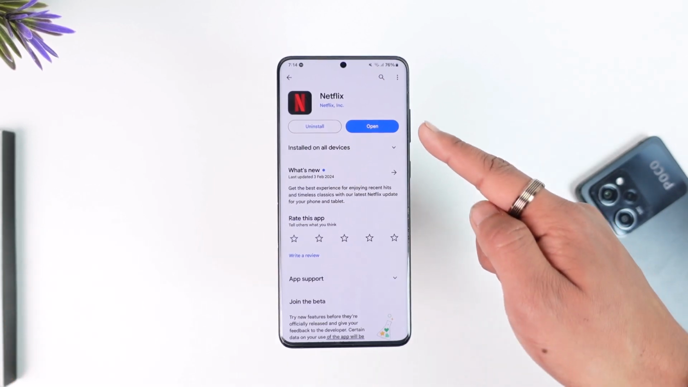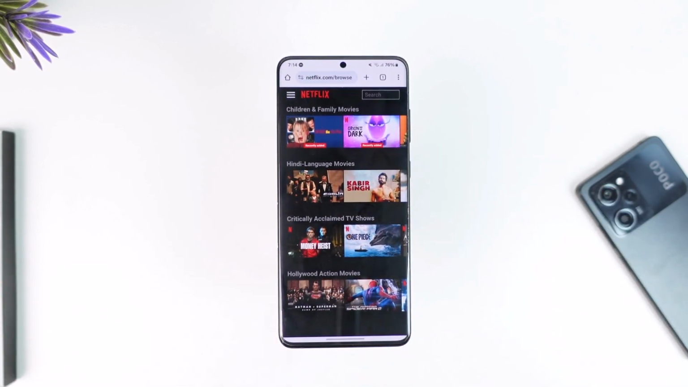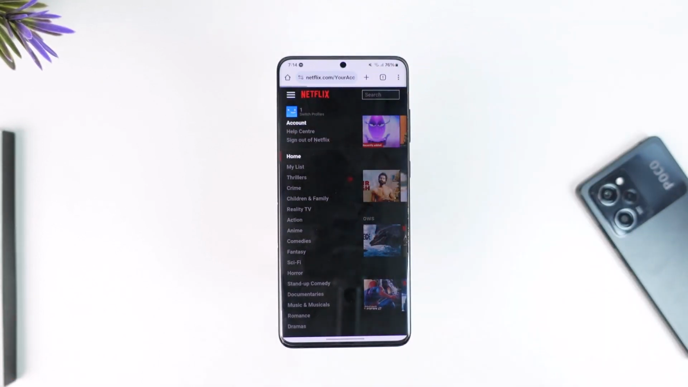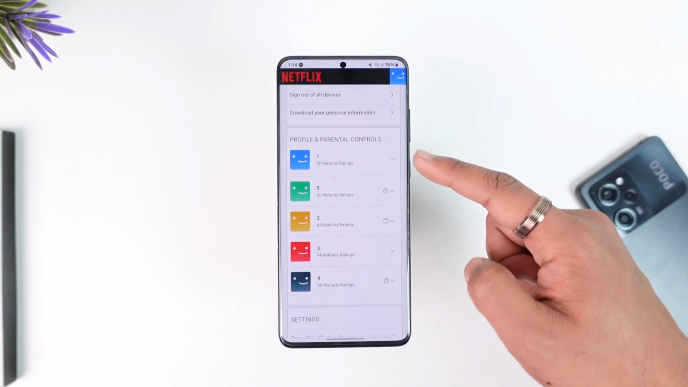All you have to do is, instead of the app, I would just recommend you open your browser and go to netflix.com and log into the account. Then just tap the three lines option here and then go to this option here known as account. And once you go to the account option, simply scroll down to the bottom, select a profile for which you would like to clear the history,